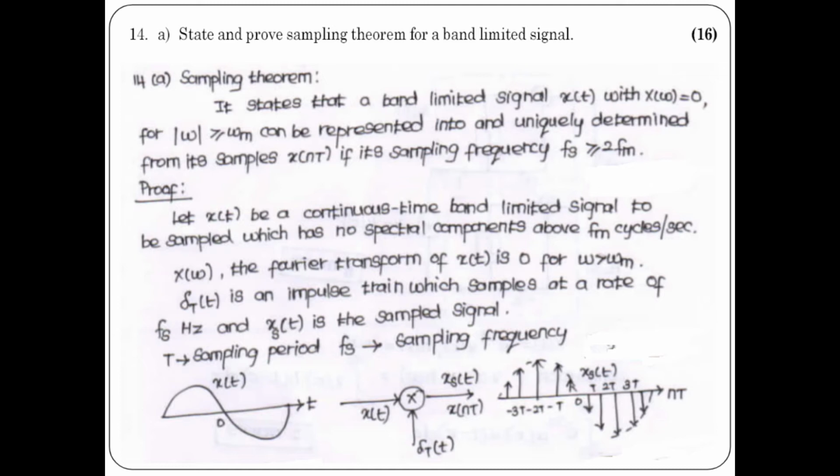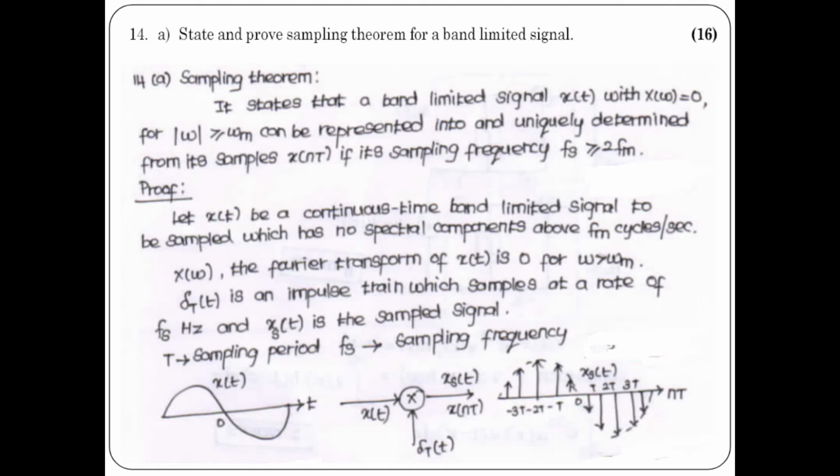So let us see the proof. So what I have explained is first write the sampling theorem. This sampling theorem is most useful theorem since it is applied to the digital communication systems. So write the sampling theorem. The other name of sampling theorem is uniform sampling theorem as well as low pass sampling theorem. We can go to the proof.